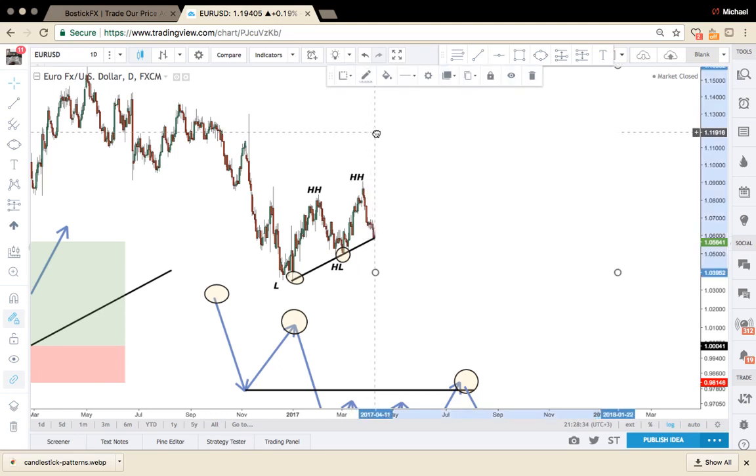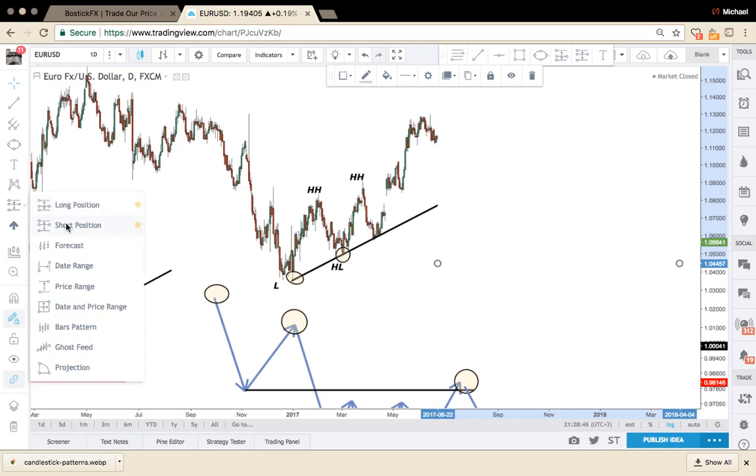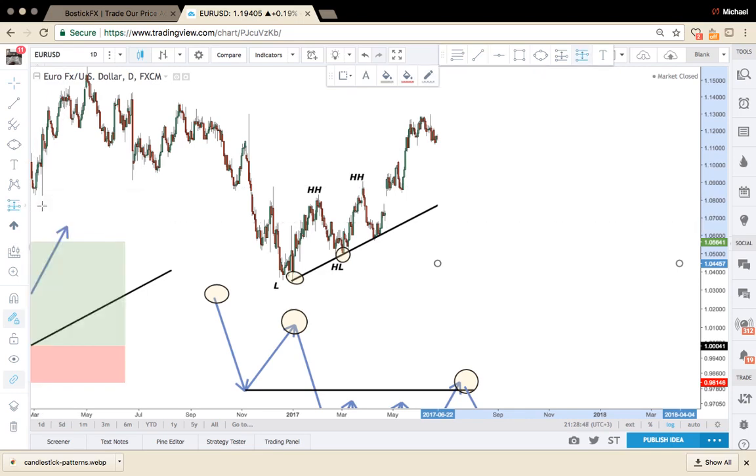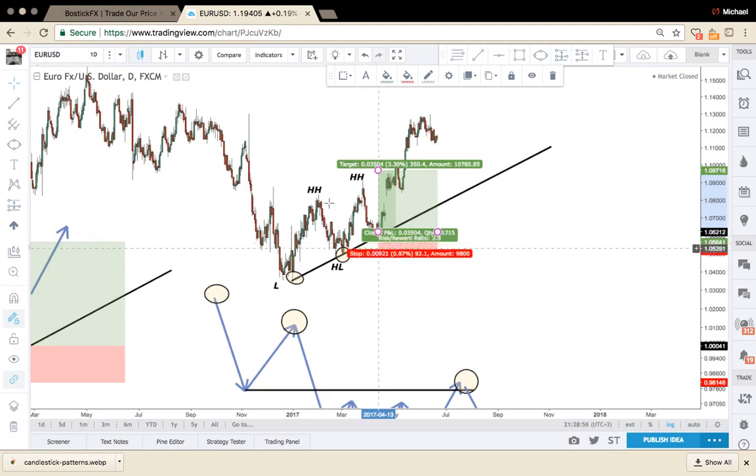that line for a third time with accuracy. I mean, look at that. Perfectly hits the line. And then boom, shoots up. So if you would have entered a trade there, a nice long position and bought somewhere around there, your risk, you can make a small risk like that,